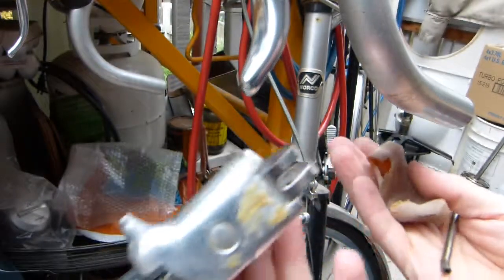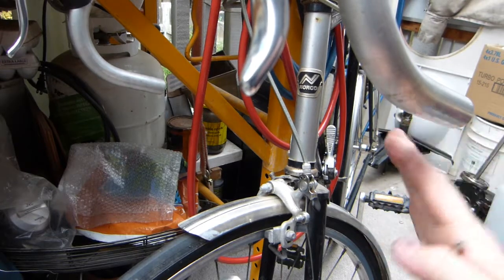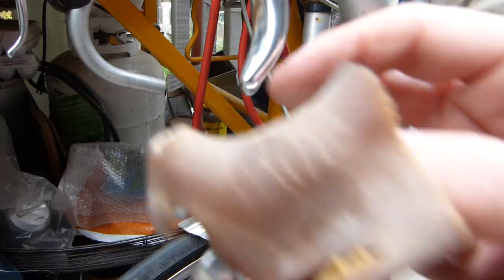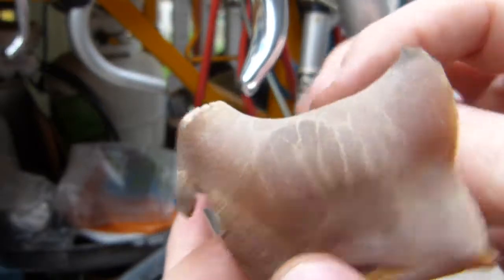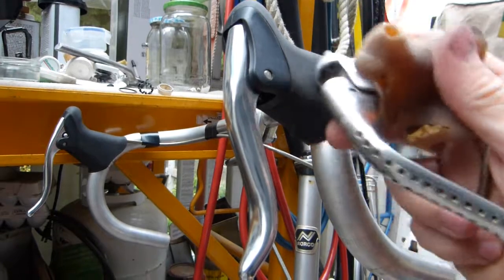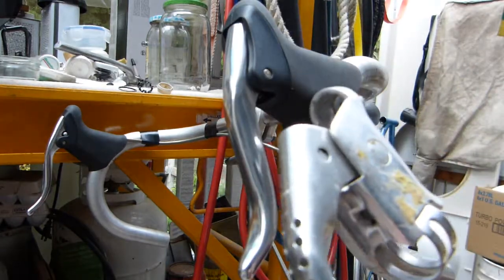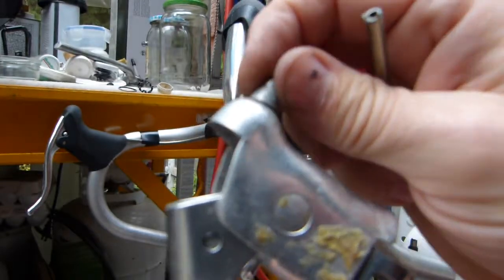So what necessitated all this is this really old, this is a 1980s classic bicycle, and now it's 2020, so the bicycle is around 40 years old. This rubber shroud looks absolutely horrendous, and I couldn't find a replacement shroud. They don't sell these anymore as is. They have whole brake levers like so, with the shroud and everything all together. So I tried to save this beautiful brake lever, but I couldn't, because this one has a top cable entry point,